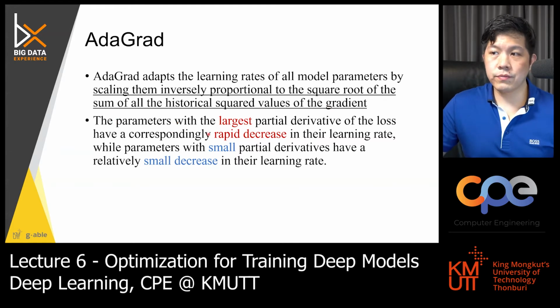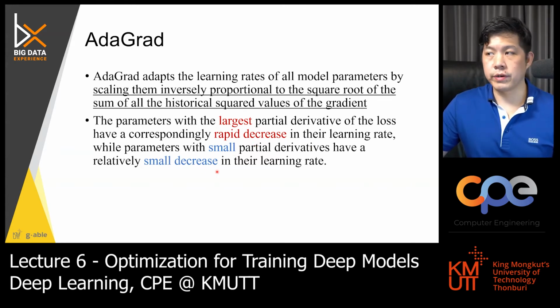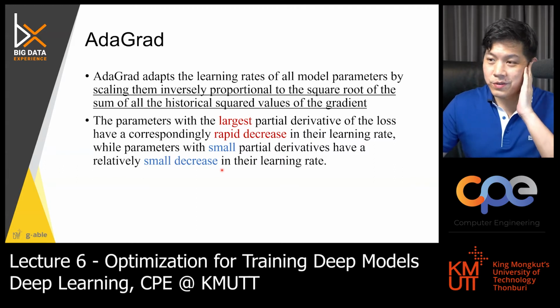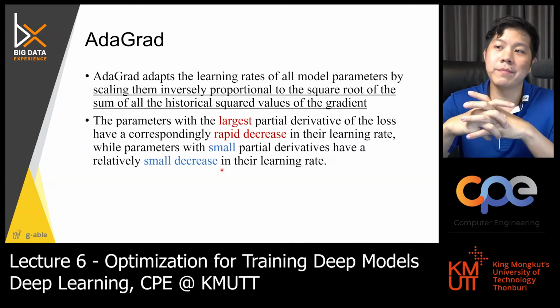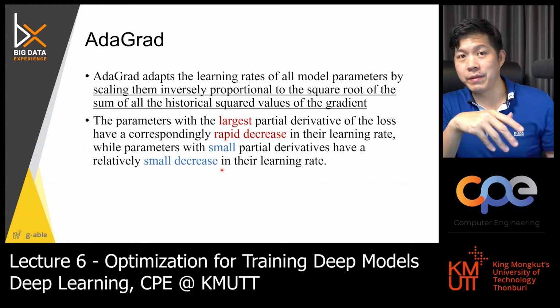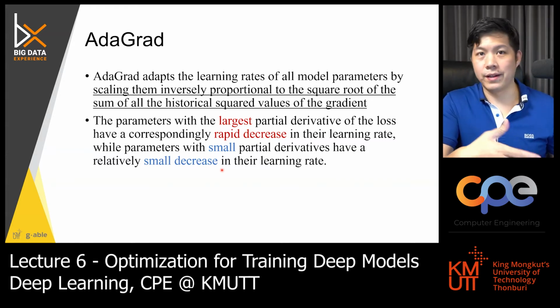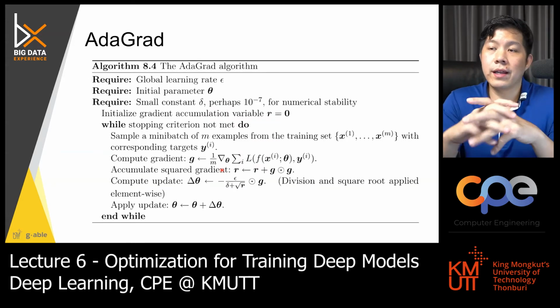So the parameters with the largest partial derivative of the loss have a correspondingly rapid decrease. Parameters with small partial derivatives have a small decrease. To explain this in simple terms, the more you train, the smaller the step that you get. Right? So at the beginning you get a large step, and afterward you get smaller steps. That's the adaptive gradient. Now let's look at